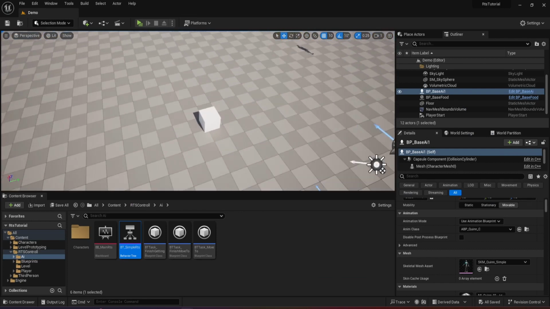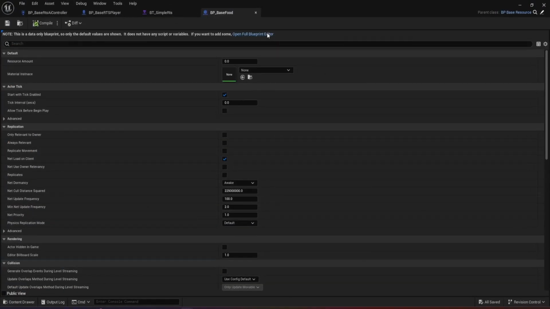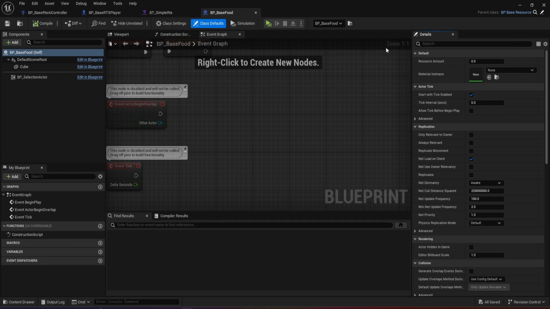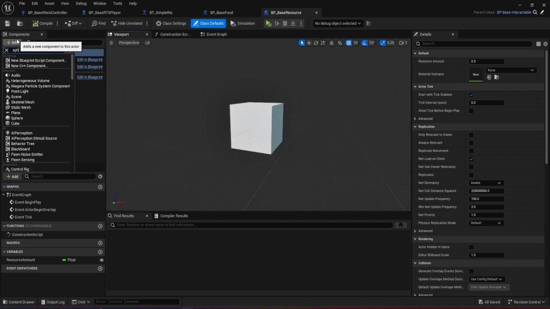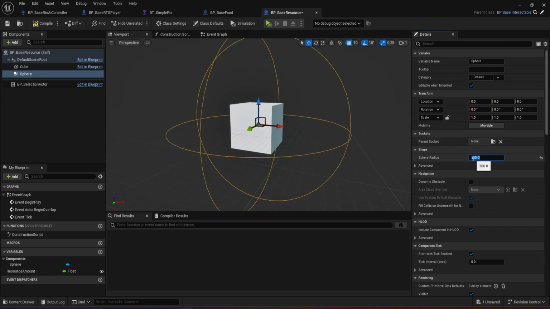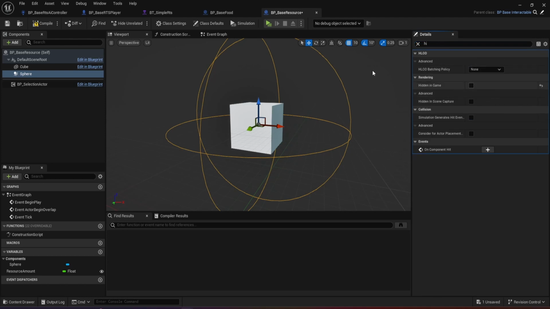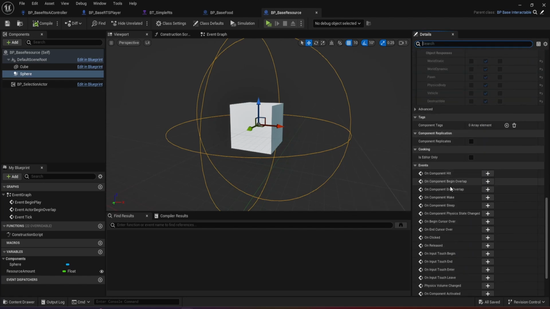Now our food container here, if you edit this and open up here on the blueprint editor, what I'm gonna do here, I'm gonna go to the parent, and on here I'm gonna add a sphere collision. I'm gonna make sure this sphere is 200. I think that's enough. I'm gonna make sure the hidden in-game is turned off because I want to see when the player actually collides with that. Now, as you can see here, we have on begin